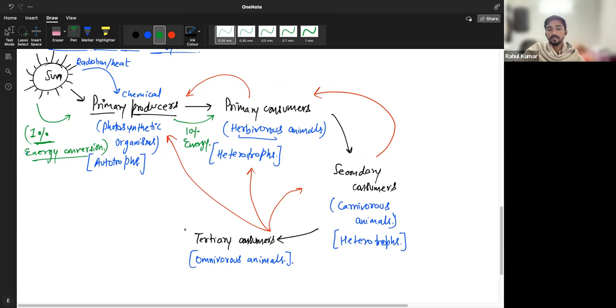So that's why tertiary consumers are more complex and they are omnivorous. Man and what else? Crows are omnivorous. All other omnivorous organisms are at benefit because they can survive on both sources of energy. But for secondary consumers, it's very important that there are always enough primary consumers present so that they can sustain. That's why now you understand how the ecological setup is set. In a jungle, what do you see more in number, deer or tigers?